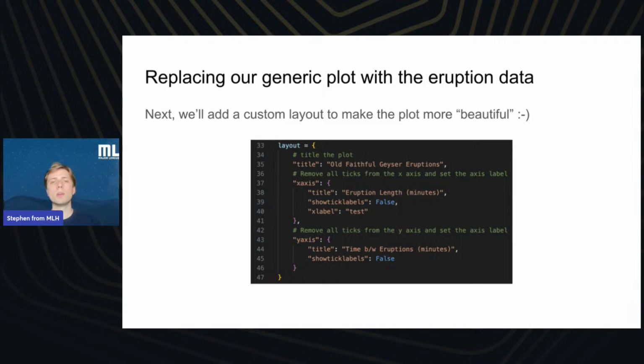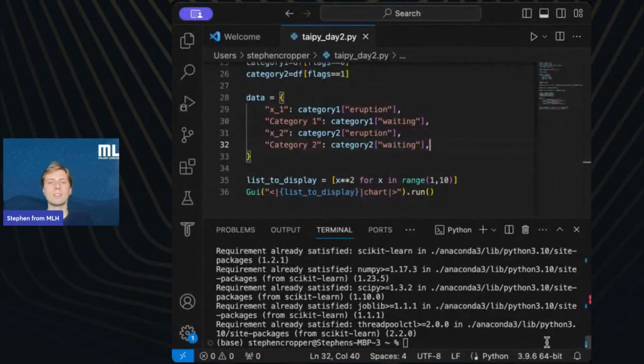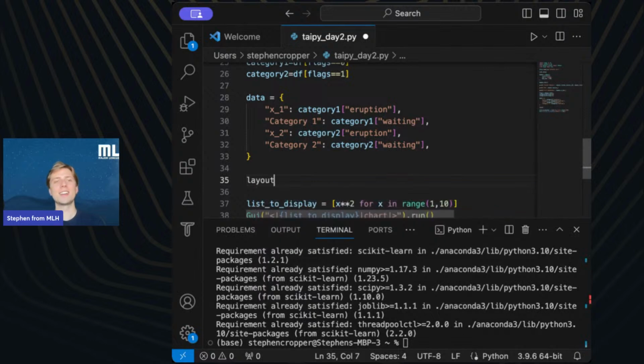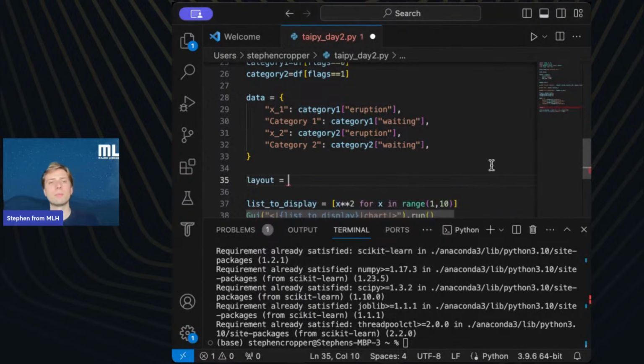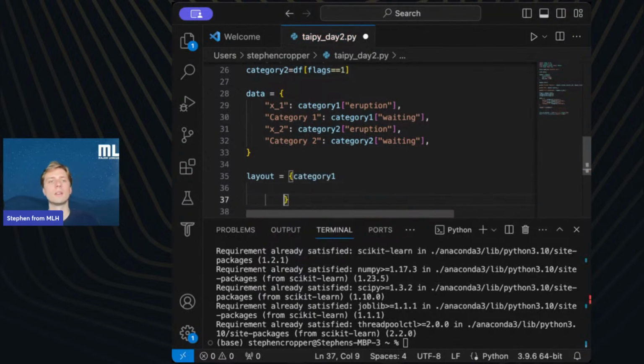And for that, you're going to build a dictionary called layout, and you can pass any attribute, any parameter that will be used by Plotly to specify the design of a plot. So in this case, we can use title, x-axis, and y-axis. And I'm going to get going on this with my code. You also have the copy in your Google Drive if you find it hard to read that tiny text. But we'll start with the layout dictionary.